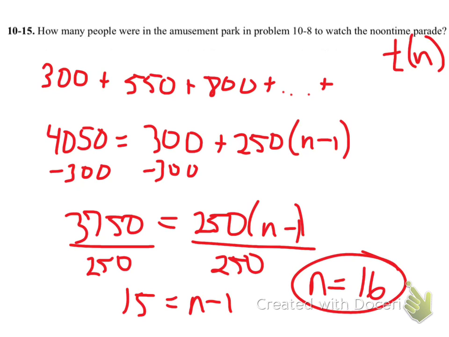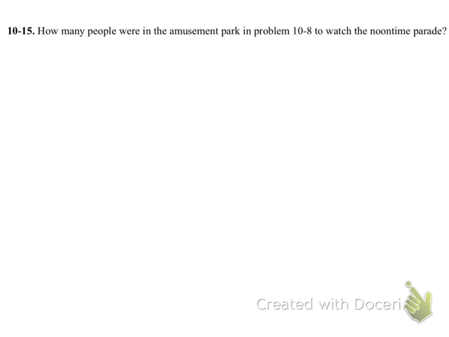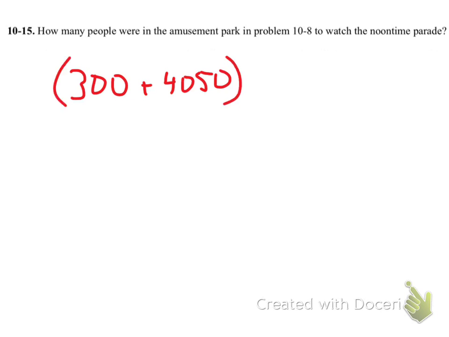What I can do with all of that information now is, if I know my first term, I know my last term, and I have my number of terms is 16, divided by 2. That is now my formula to go through and give the total. So the total ends up being